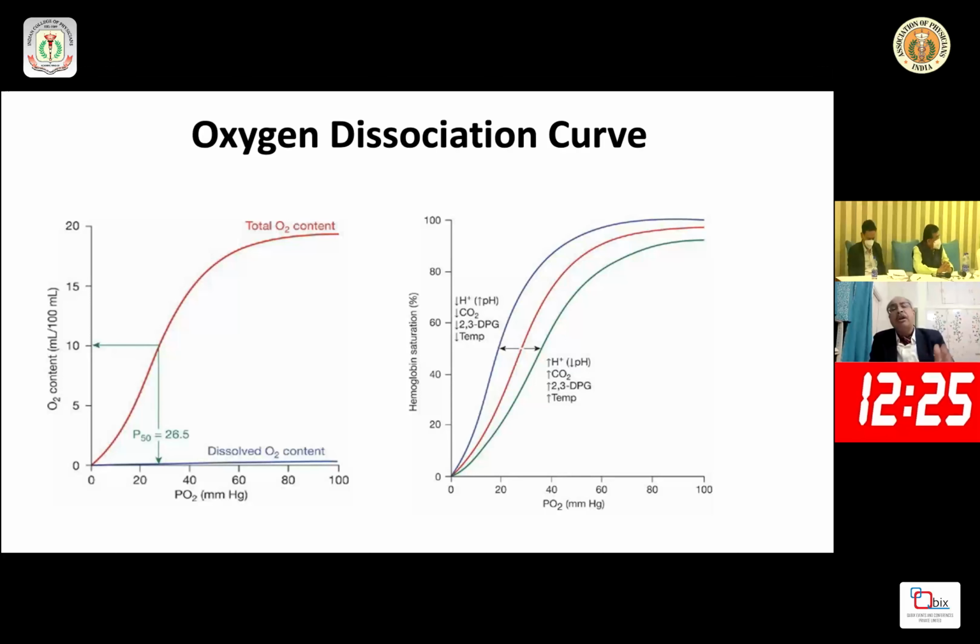If you have an increase in H+ ions, meaning the pH has declined, again the curve shifts to the right. On the other hand, if the person has hypocarbia, reduced 2,3-DPG levels, or alkalosis, the curve shifts to the left. The same thing happens when the temperature lowers. Again, the curve shifts to the left. So with a left shift, less oxygen will be released from the hemoglobin to the tissue.